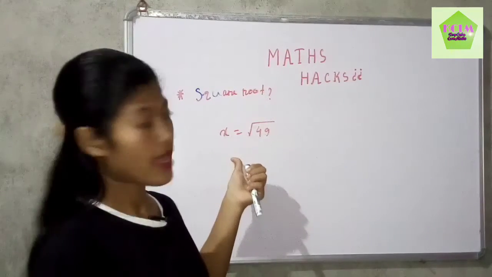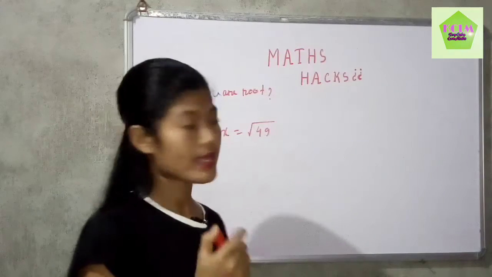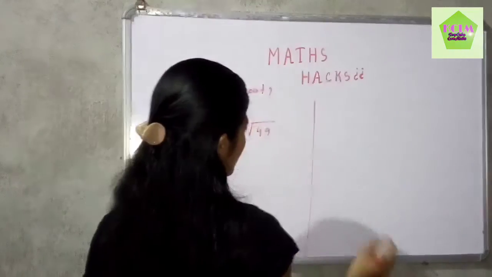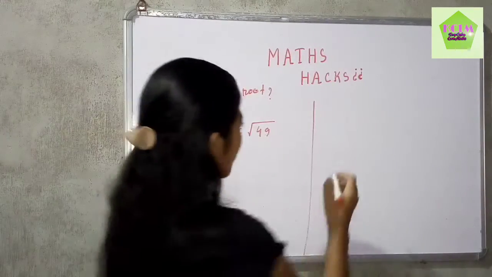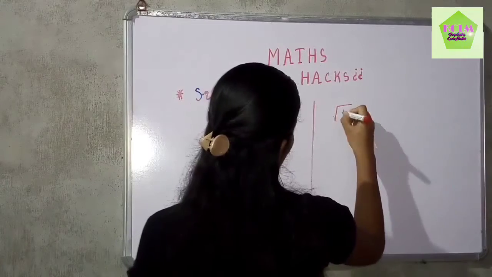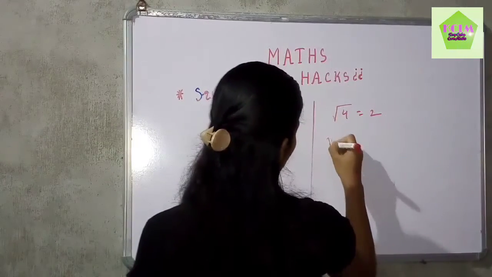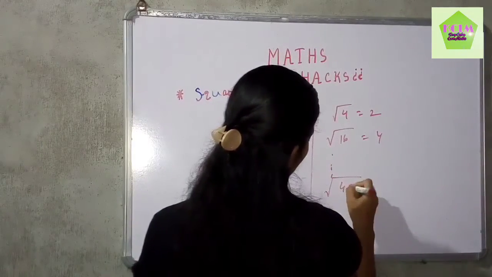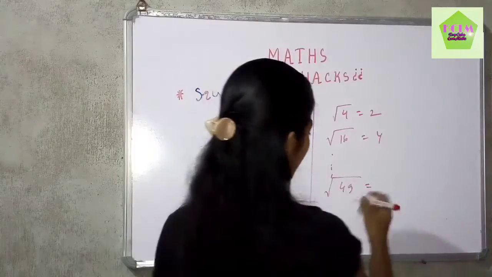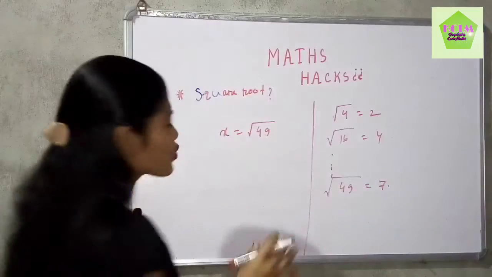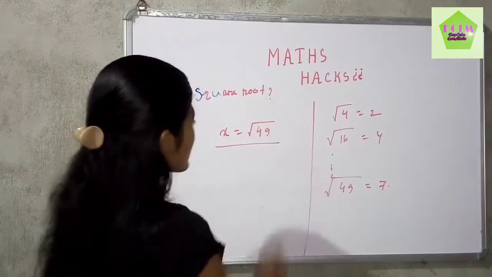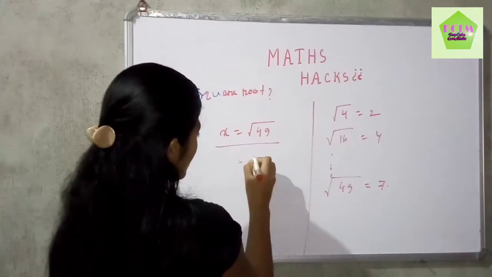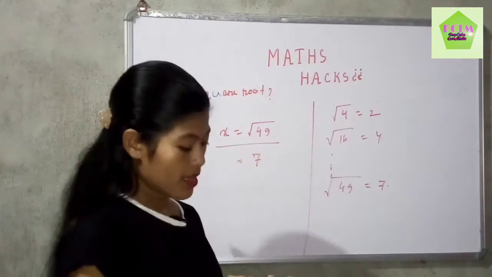We are given that x is equal to root over 49, and there are some tables of square roots of numbers. We all know that root over 4 equals 2, root over 16 equals 4. Similarly, root over 49 equals what? It will be 7. So whenever we are given that x is equal to root over 49, then the value of x will be 7 only, right? But sometimes,